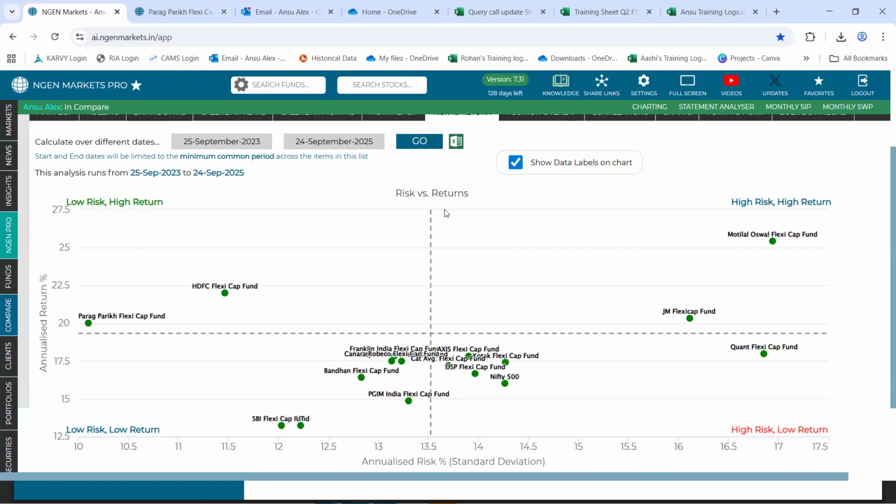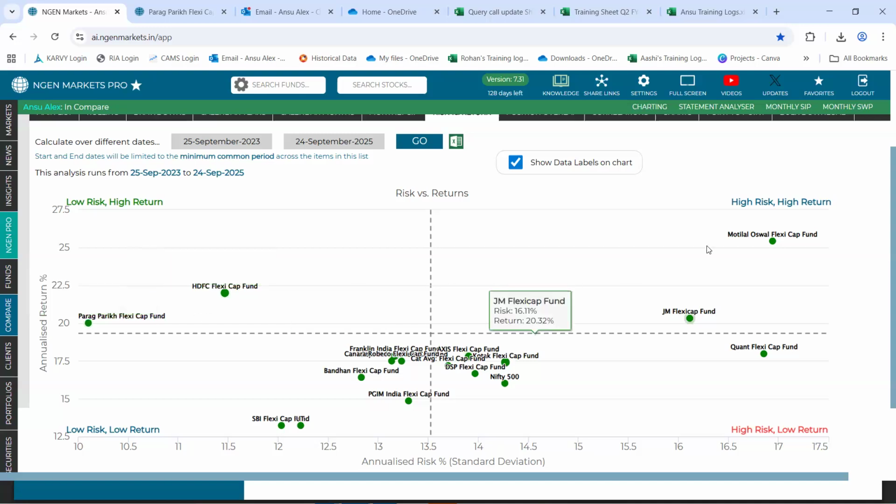If we try to read it for Parag Parikh, which happens to be at the extreme left of this scatter plot, it says that this fund is taking the lowest level of risk in comparison to the other 14 flexi cap funds in the compare tab, and at the same time is generating a moderate level of return.